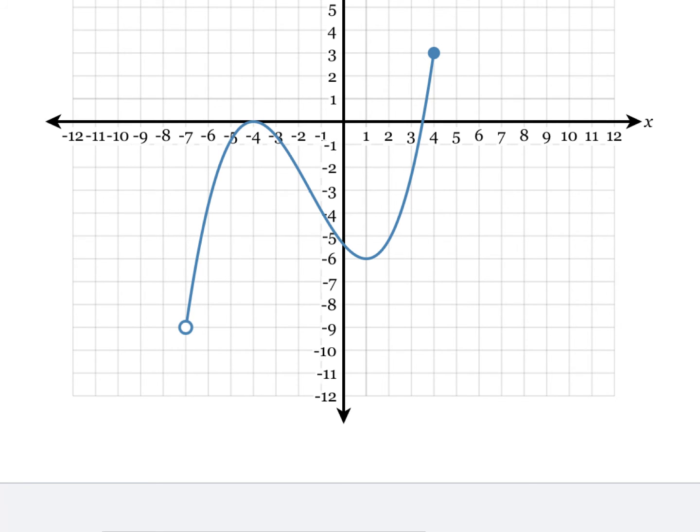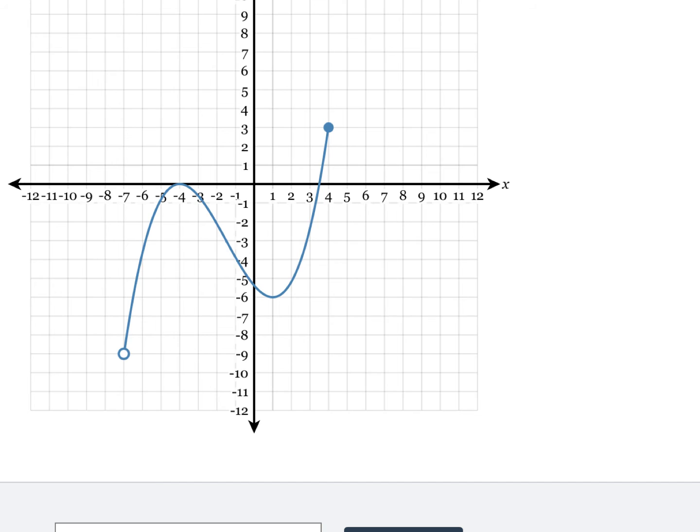So that impacts the way that we write the inequality notation a little bit. You still do -7, so if I'm doing the domain,